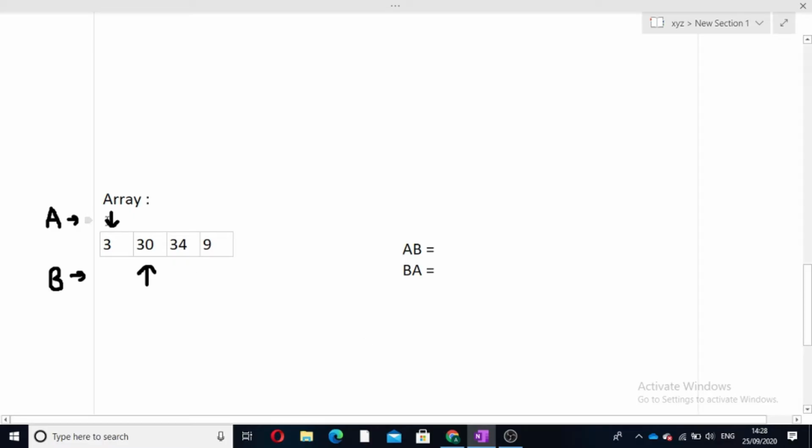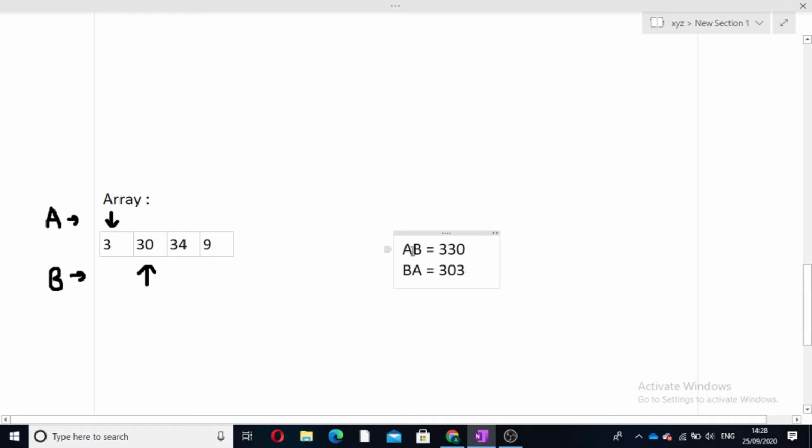So now what we will do, our upper pointer will represent a, our lower pointer will represent b. Initially we have initialized our a pointer with 0 index, and our b pointer will be initialized with a plus 1th index, that is 0 plus 1 index. Now we will find ab. AB will give us 330, and now we will find BA. BA will give us 303. We can see in this case that AB yields the maximum answer, that is AB is greater than BA.